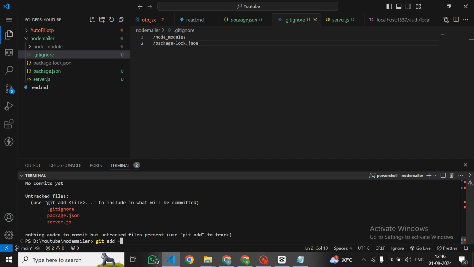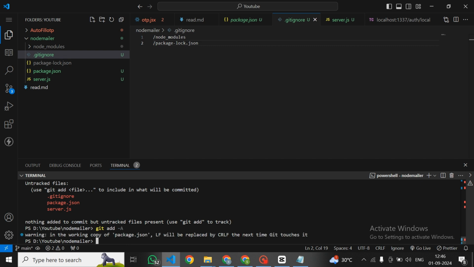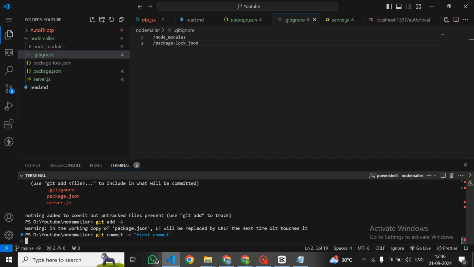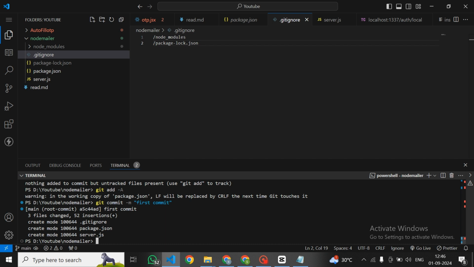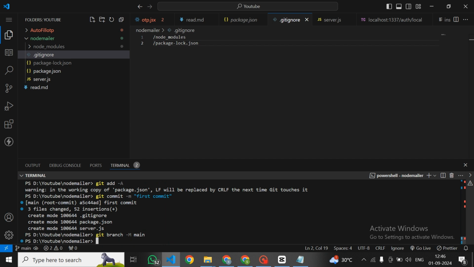So we have to add the remaining files with this command, git add, and then commit. You can write any message. I am writing "first commit example". Okay, then you have to make a main branch, instead of the master branch. So I am making my master branch main in that case, and then